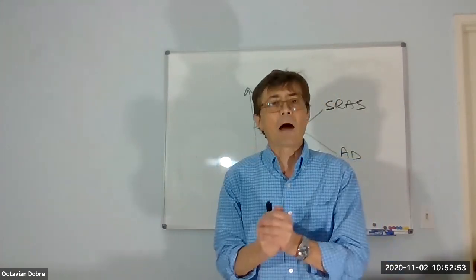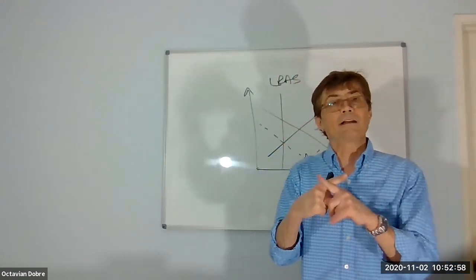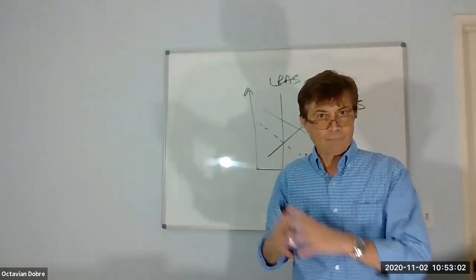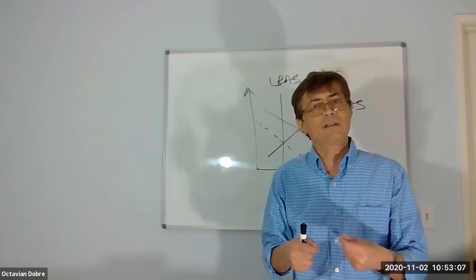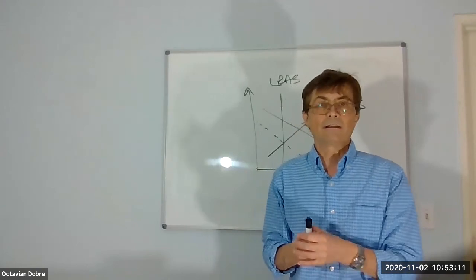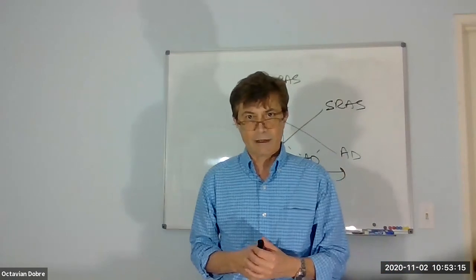Now, if the problem had said the intersection of short-run aggregate supply and aggregate demand takes place below full employment GDP, what should the government do? Then in that case, you would say, well, increase government spending or lower taxes. Either one of those two would be the correct answer.